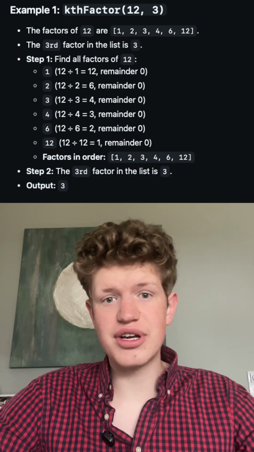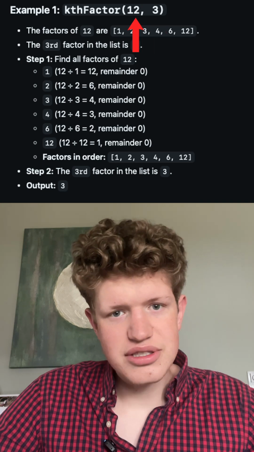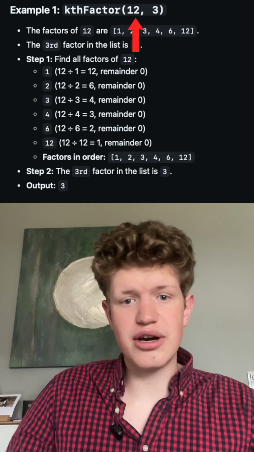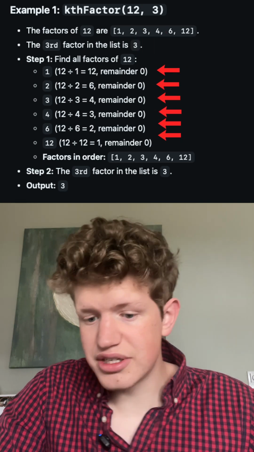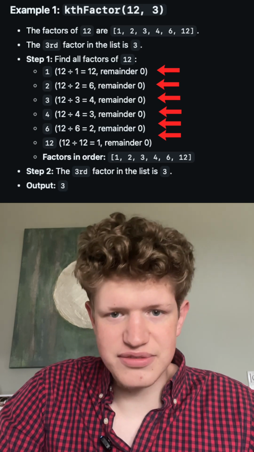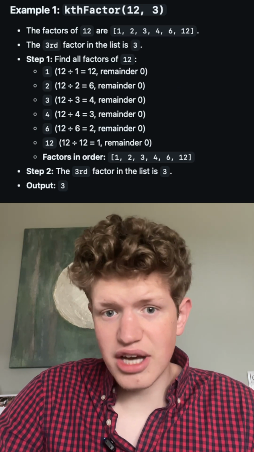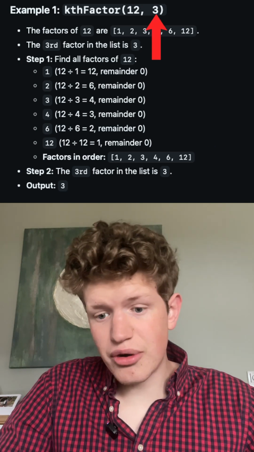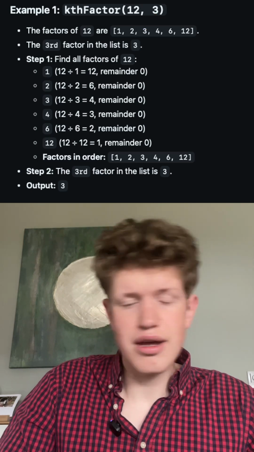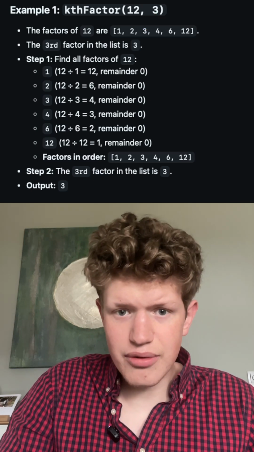For that problem we're getting two integers as parameters. For the first integer, we have to find out which numbers we can divide this integer by to get a remainder of 0. We have to save these factors in an array, and with the second parameter we have to look up which index that is in the array,